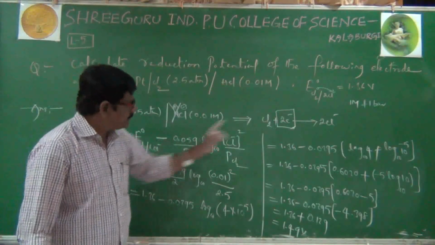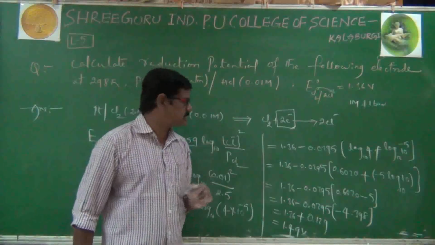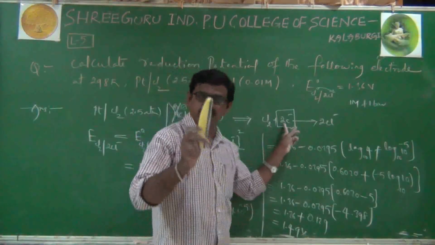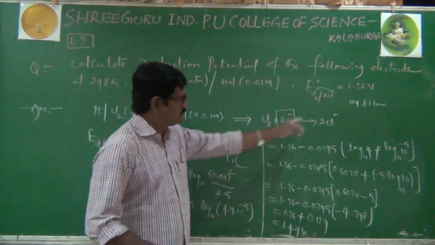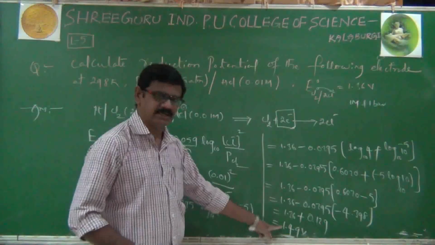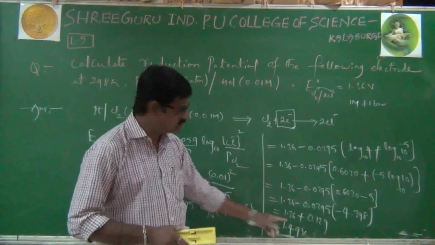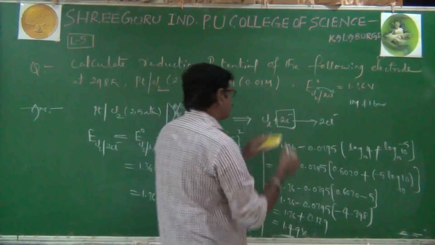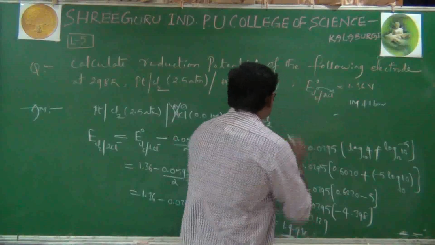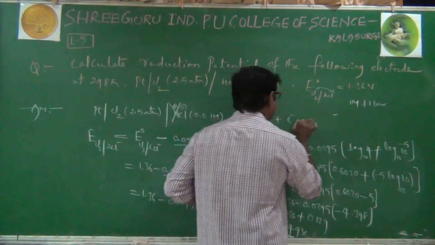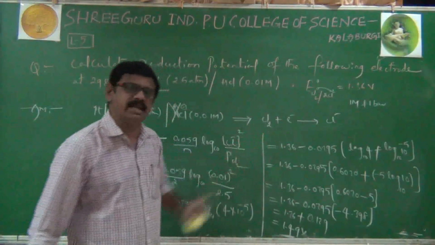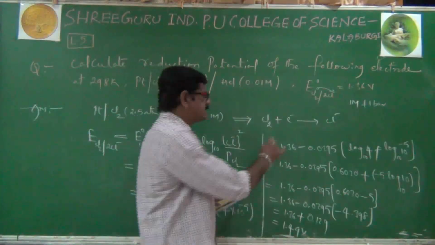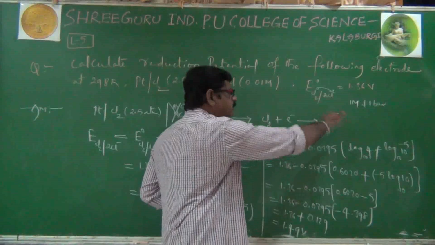Okay, same question. Instead of taking off 2 moles of electrons, we can use 1 mole electrons and we can solve. You will get absolutely same answer only. We'll just see here. Here instead of taking off 2 moles, I am just using the chlorine molecule by taking 1 electron converted to Cl minus. But of course, it is not balanced. Balancing purpose, in the previous case 2 and 2 we have taken.